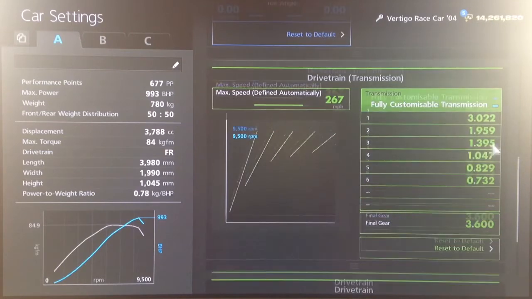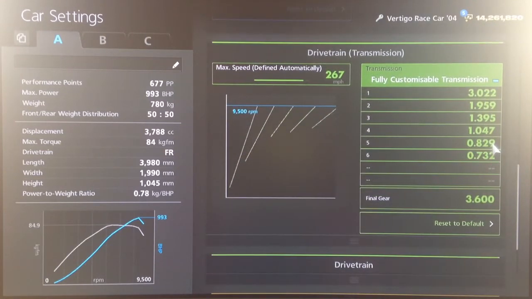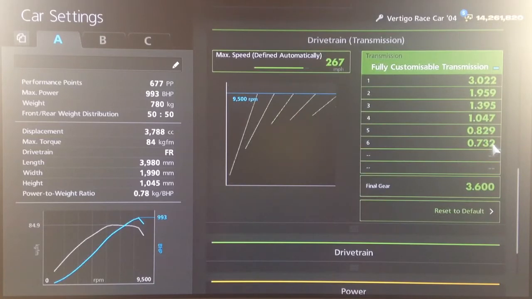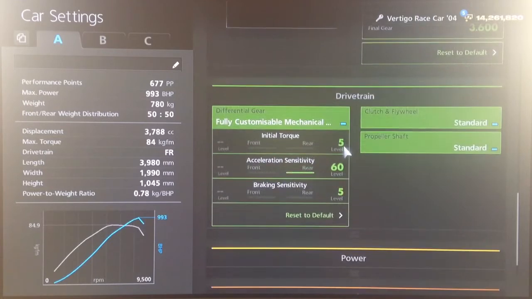For the individual gears, have I got them all? Yeah, so first to fifth all the way to the left, and then sixth on 0.732 with a final drive of 3.6. For the diff, low initial torque obviously because it's a very light, hugely powerful car, so it is